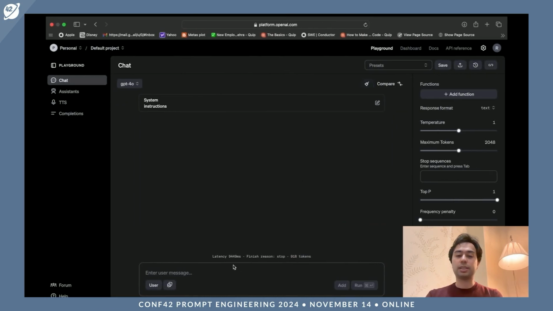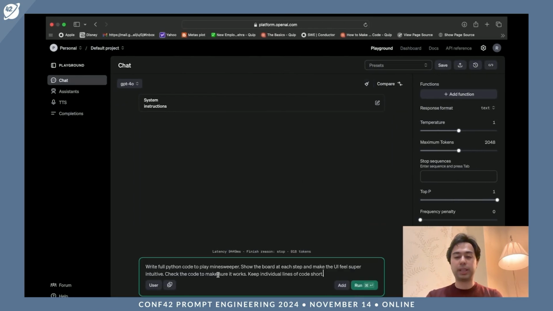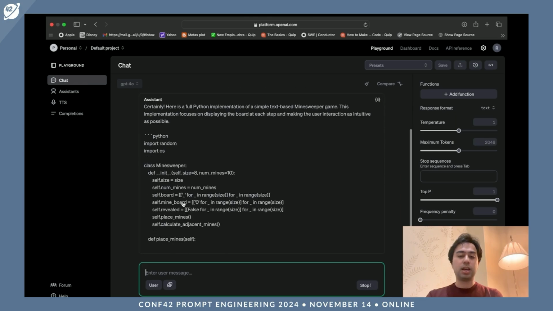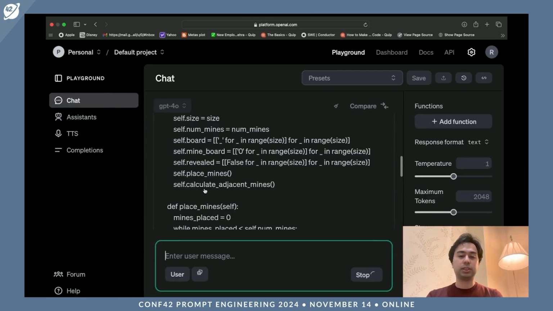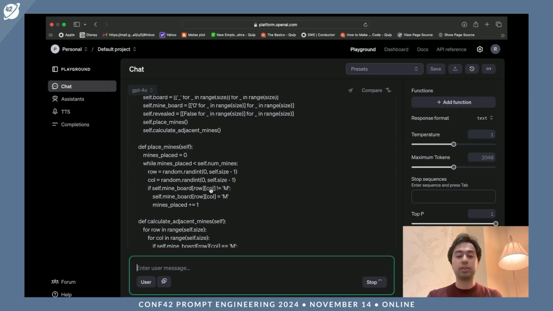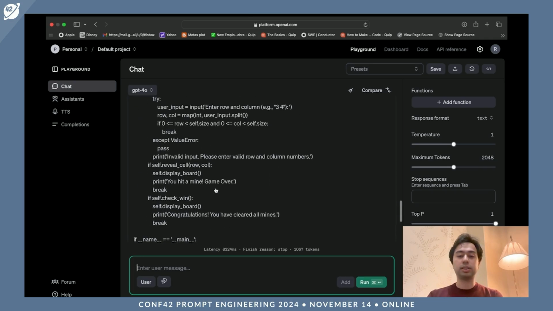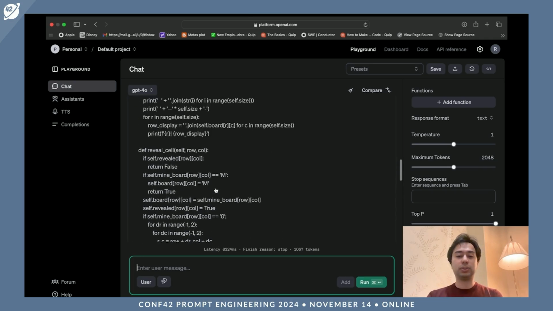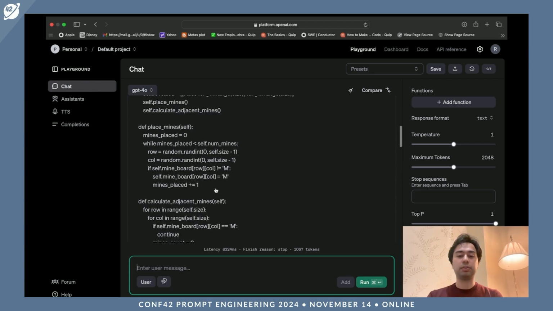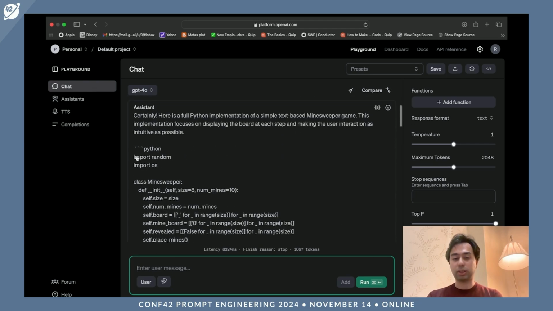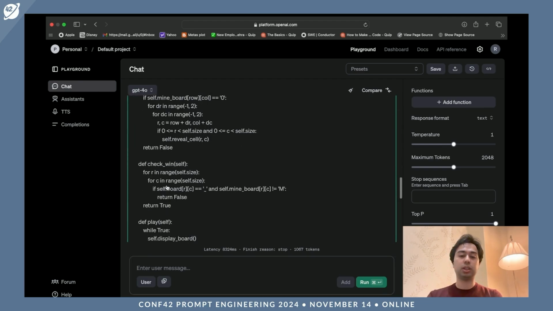Okay, now to get a baseline, let's go to GPT-4o, paste the prompt, and as you can see, it very quickly generates the code. Of course, this is again running on the server, and we expect this to be great, but just to get a baseline, let's see what it does. The code looks similar to what was produced by Llama, but of course, as we know, the quality is expected to be a lot better.